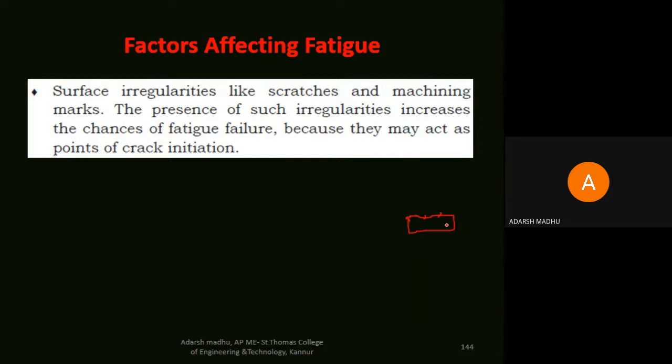So surface irregularities like scratches and machining marks are the main factors affecting the fatigue. If the material we have machined or the metal we have cut has a better surface finish, and if